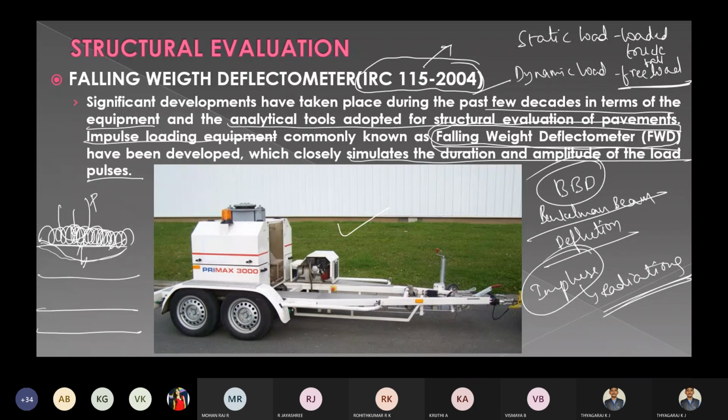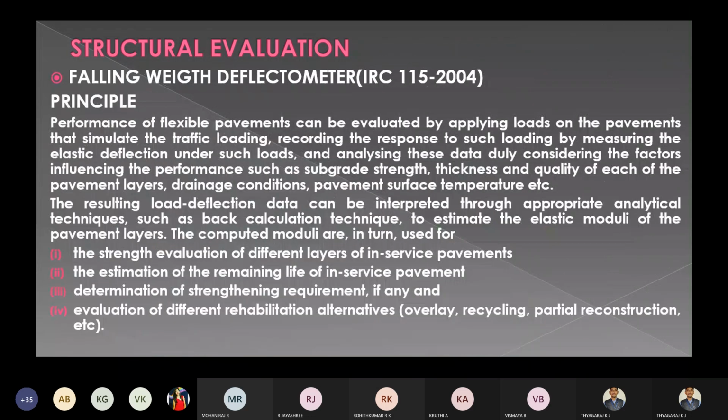So here we will be applying the dynamic load, that is, a free fall load, and you are going to record the readings, that is, the deflection. So what is the principle behind this falling weight deflectometer?